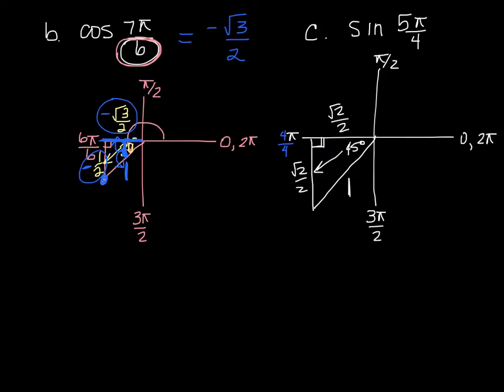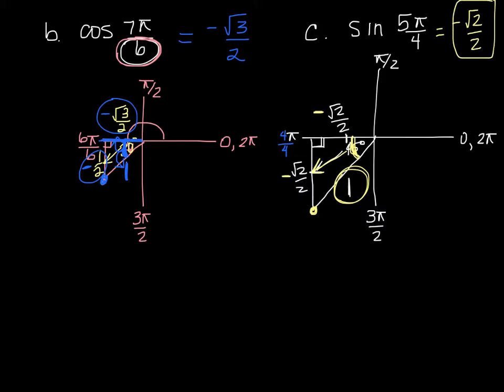So there is no placement, per se, of each leg, because, again, it's isosceles, so those legs are, in fact, the same. And now don't forget to put your positives and negatives on these based on the quadrant that you're in. So because I'm in quadrant 3 down here, again, I go left, so that's negative, and I go down, so that is negative. Now, the sine of this angle right here, I could look at the reference angle and use opposite over hypotenuse, but since the hypotenuse is 1, I don't need to say that. I can just say sine is the y value, which is negative square root of 2 over 2.